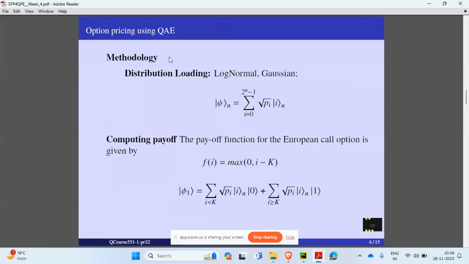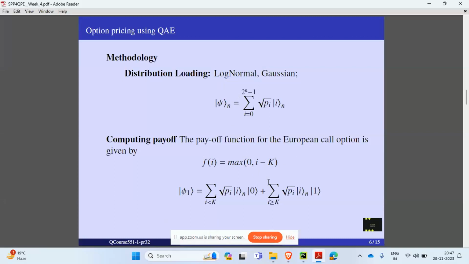So today we are specifically using this for option pricing, and the first step is loading the distribution, that is loading all the possible spot price paths. So pi is the probability distribution of the possible option prices, and for this particular presentation, we'll focus on the log-normal distribution. So this is the payoff function we are going to use: max(0, i - k). So 0 if the option price doesn't reach the strike price, and